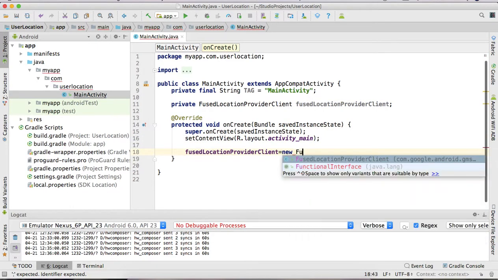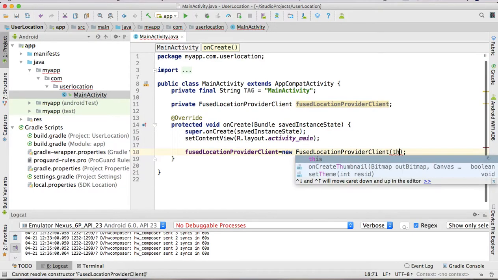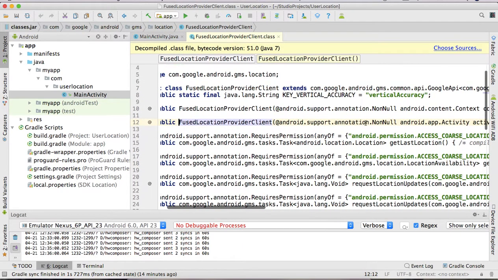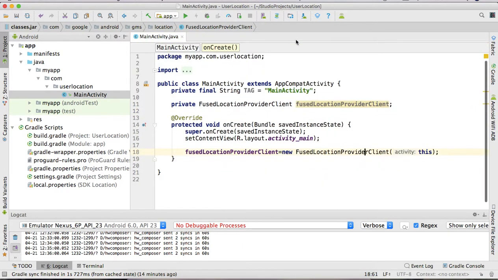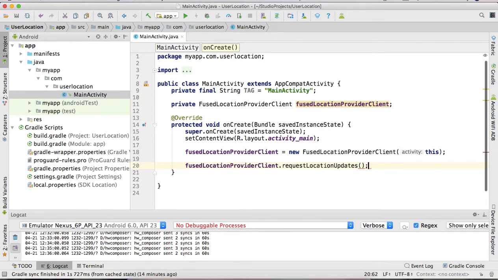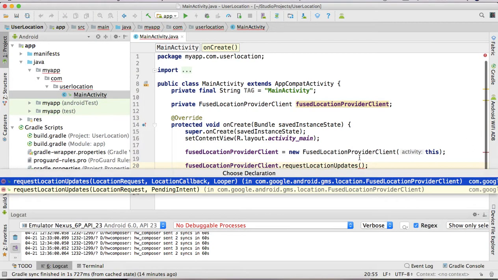New FusedLocationProviderClient, and this takes a context or activity. To get the location updates, we need three parameters: one is location request, another one is location callback, and looper. So let's create